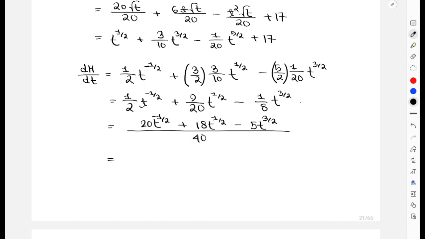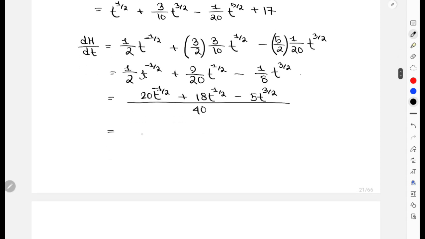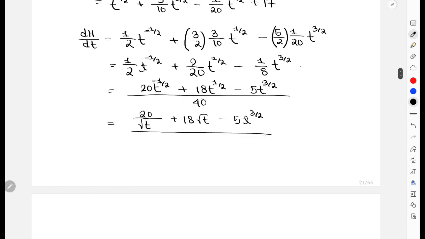Wait a minute. I don't think we need to do a square over here. For the next line, this was in fractions, right? So we can write this as root t plus 18 root t minus 5t to the power of 3 by 2, right? And this entire thing is obviously divided by 40, but let's not think about it because I know at this